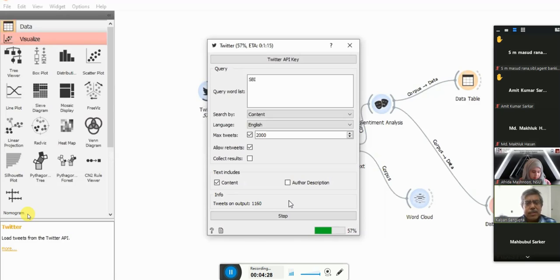Now, to see that kind of thing, which we call content analysis, we can generate a word cloud. So I will generate a word cloud to see what people are telling very recently, because these are the recent tweets. And after that, we will also see how to do the sentiment analysis of the data, that means whether people are saying positive or negative things about it, and what the distribution of this is. So I think we are very near to it.